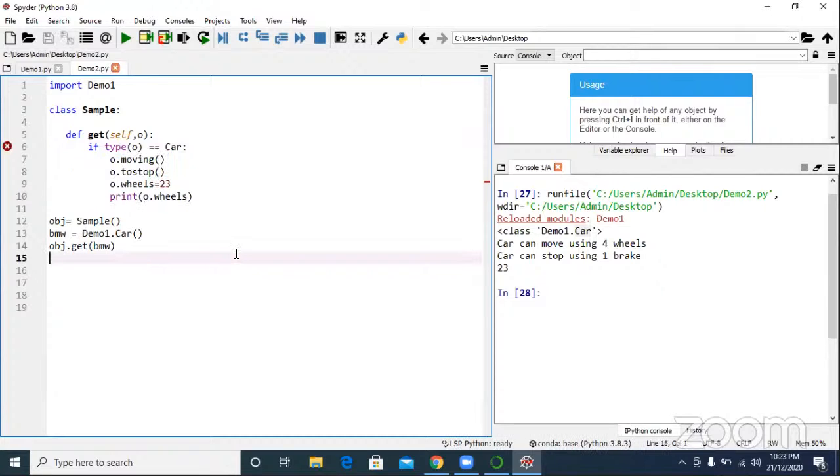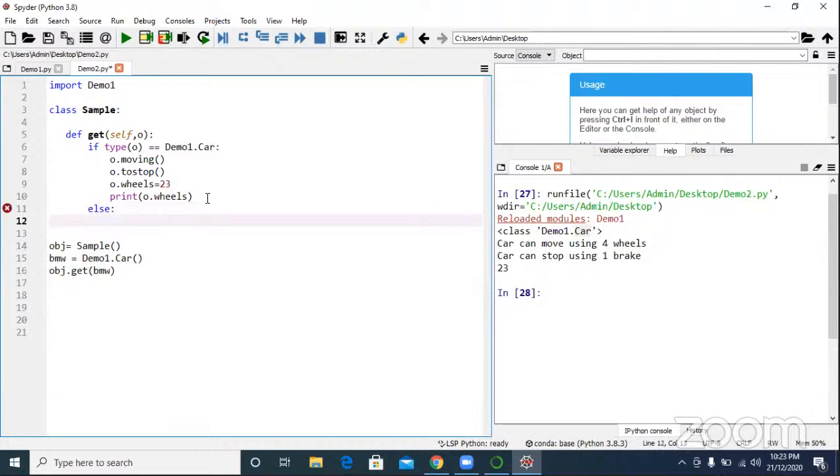Fine. If type of O equal to demo1 dot car, do this. Else, you can put an else condition, na. Print invalid.